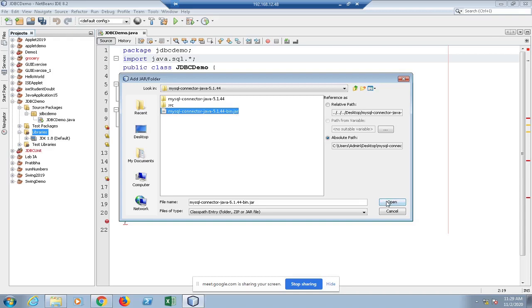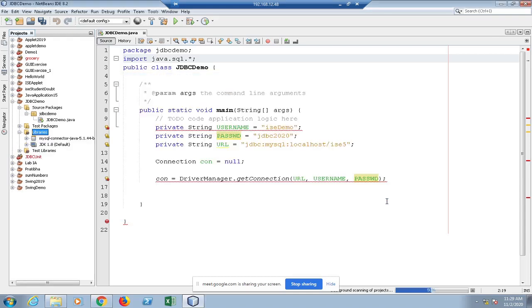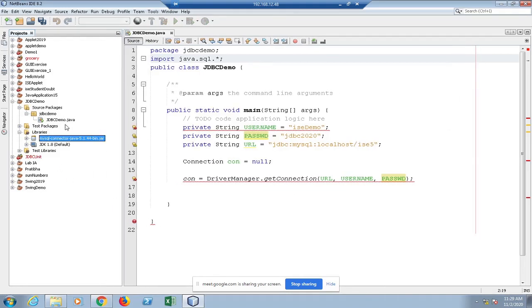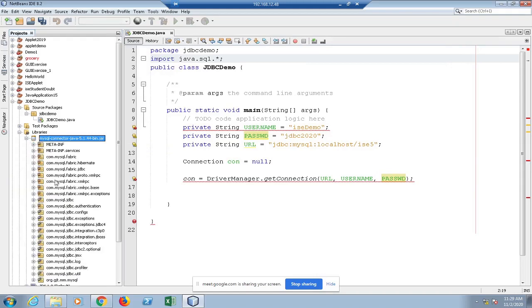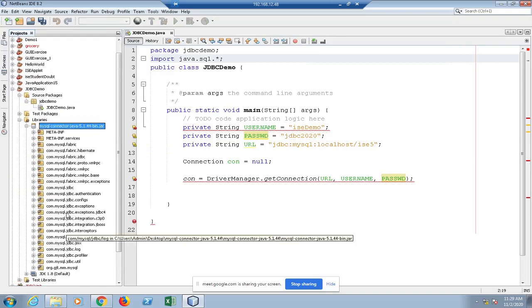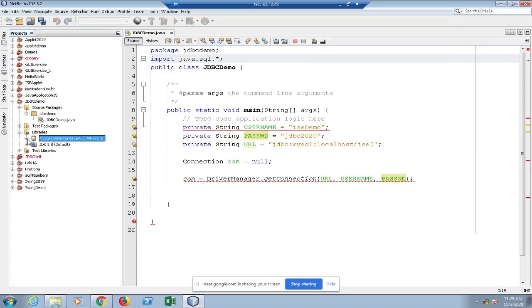Select and click on open. When you expand this libraries folder, it will be visible to you. Apart from JDK, you also have MySQL connector. It will have all files necessary to interact with DBMS.